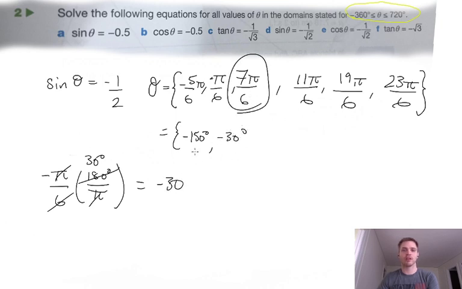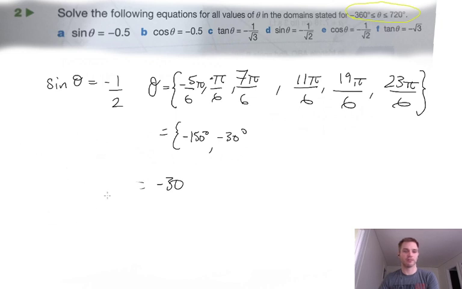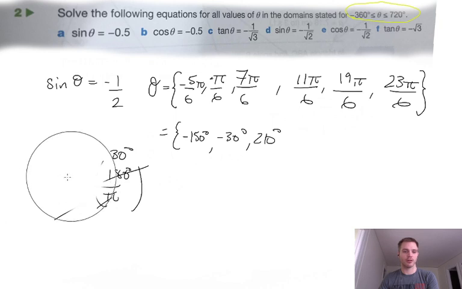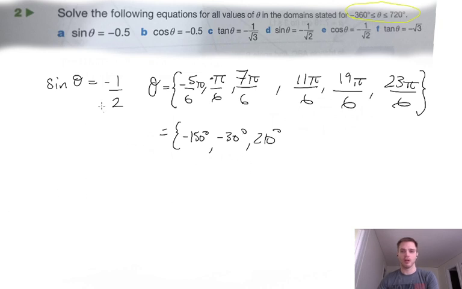Okay, let's try 7 pi over 6 next. So we've got 7 pi over 6 times our conversion factor, 180 degrees over pi. Same cancellation here. And so this is 7 times 30, which is 210. Okay. And then, okay, this one here,